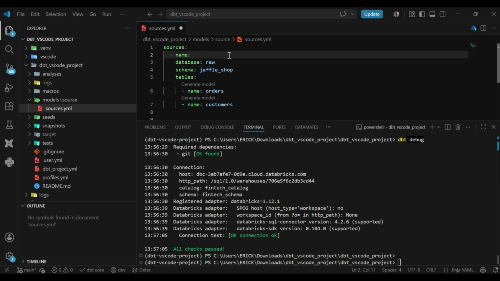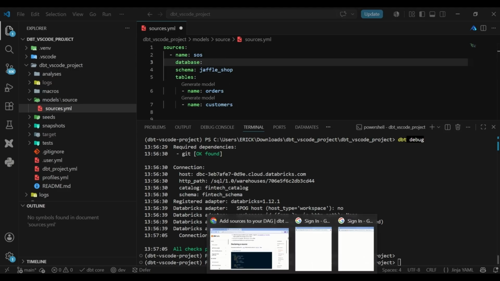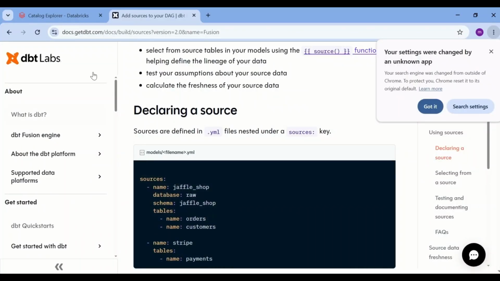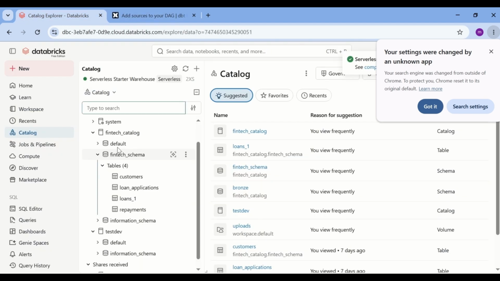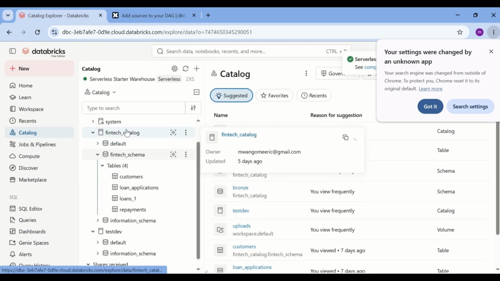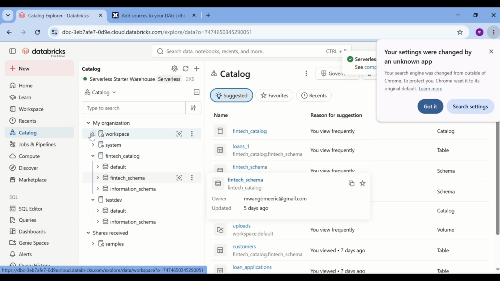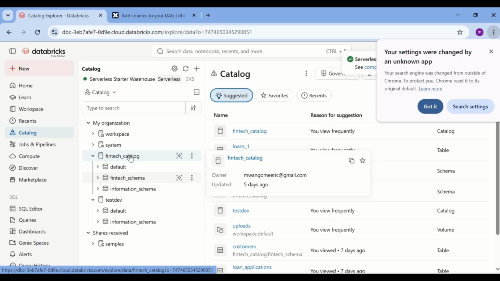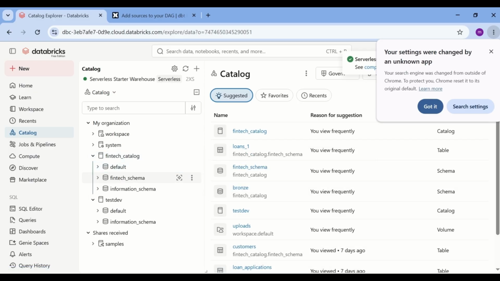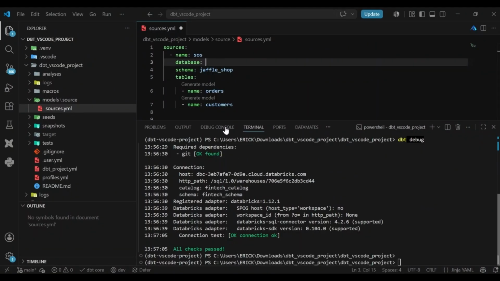The name of the source, let's just call it source in small letters. And then the database. Now the database is in Databricks. We are directing dbt to where our data is stored. So our database is our Fintech catalog, the catalog that we've created. So for our case it is Fintech catalog. So just write Fintech catalog,